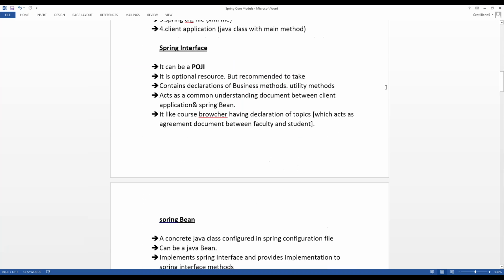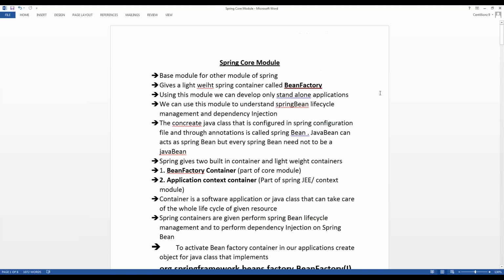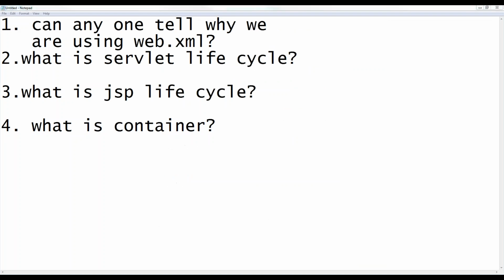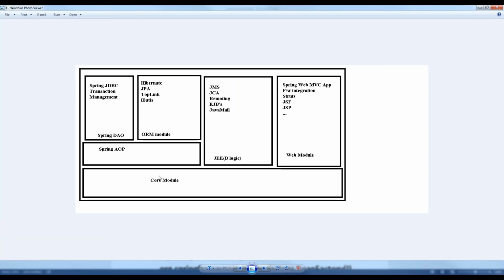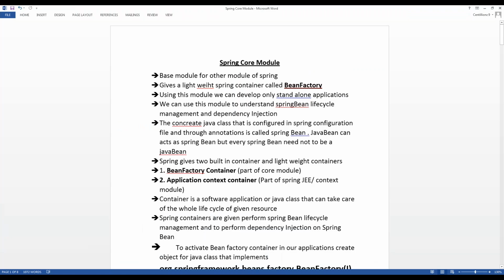I'm preparing some notes to make it easy to understand, point-wise. By seeing this diagram, what is the Spring core module? It is the base of all Spring web applications and Spring modules. The Spring core module is the base module for any other modules of Spring.